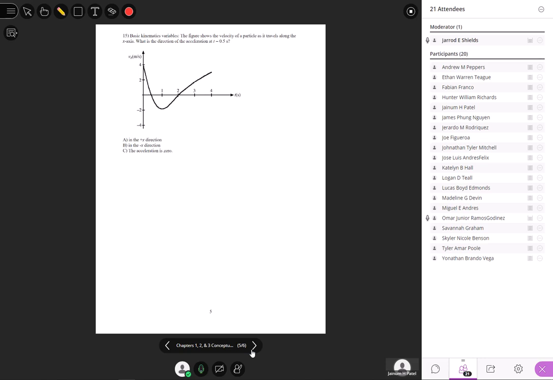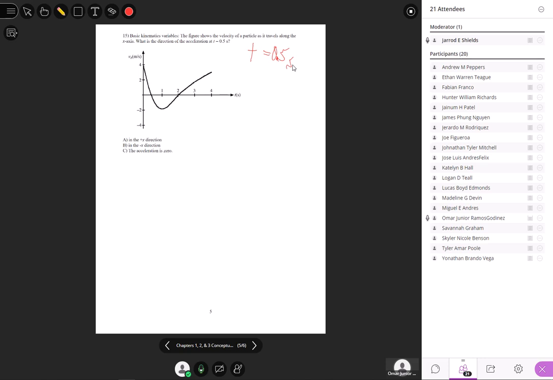Okay, next one. Basic kinematics. The figure shows the velocity of a particle as it travels along the x-axis. What is the direction of the acceleration at t equals 5 seconds? I think that's supposed to be an equal sign. Yeah, it is. For whatever reason, when I put this in here, the symbols don't show up too well. That's supposed to be t equals 0.5 seconds, okay? I know it looks like a negative. It's not negative. So at 0.5 seconds,